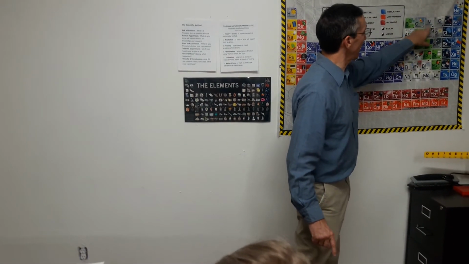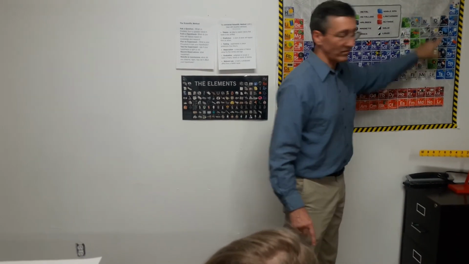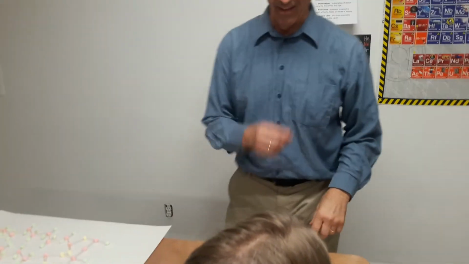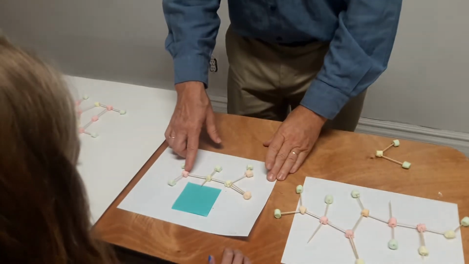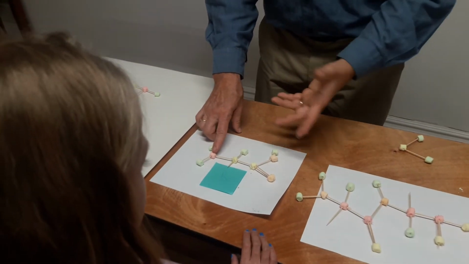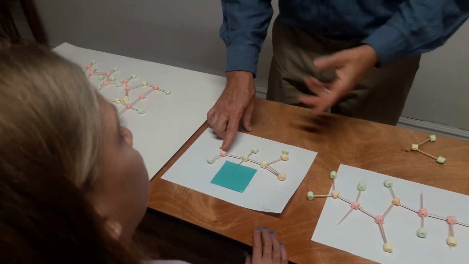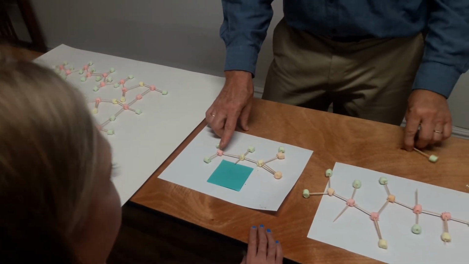See, there's carbon, nitrogen, and oxygen, right? So we learn those a lot because they're in a lot in our bodies and a lot everywhere in the world. Like ammonia has 1 nitrogen and 3